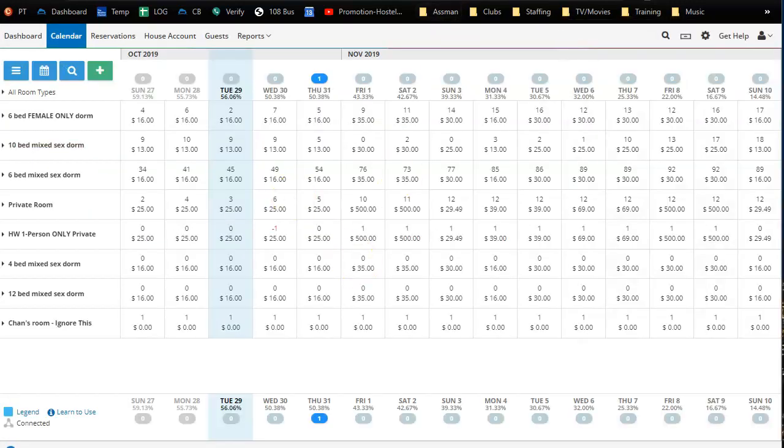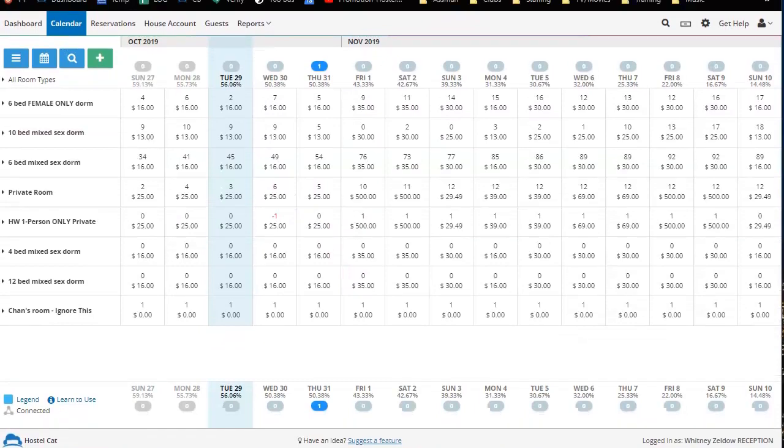And the final feature I wanted to mention in the calendar is here at the bottom, is they have a